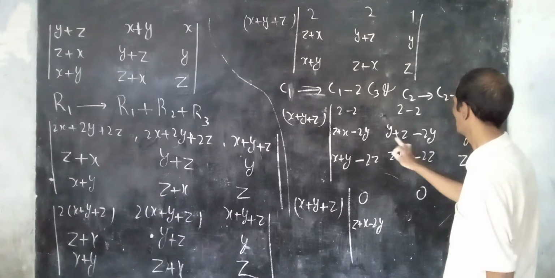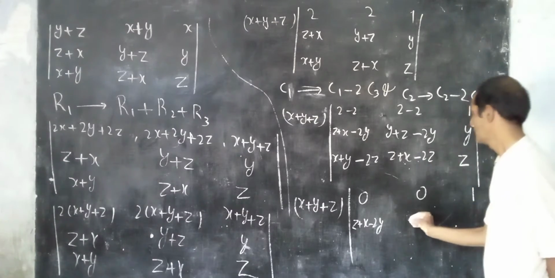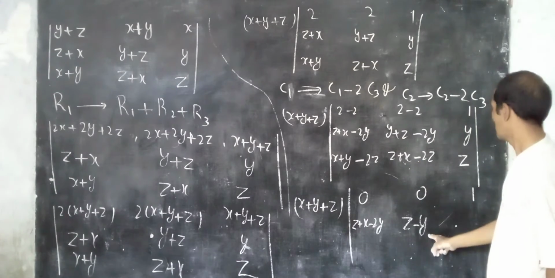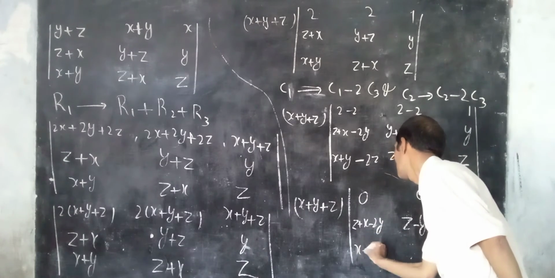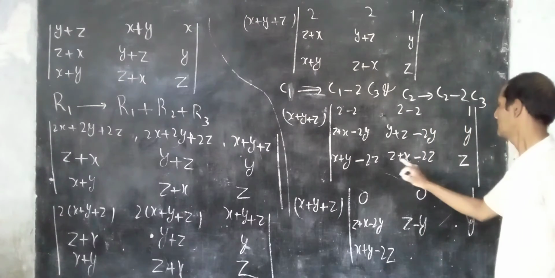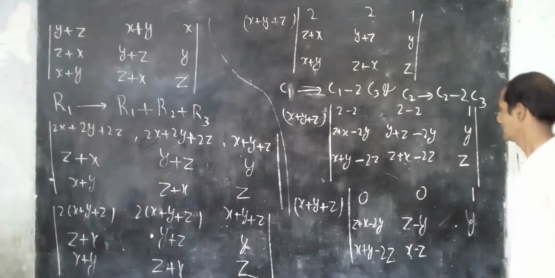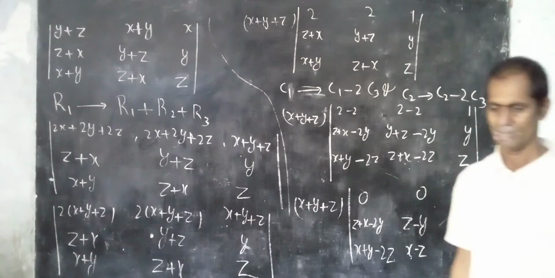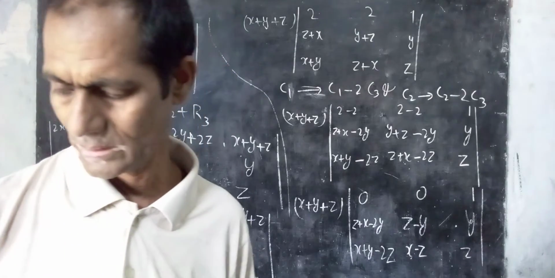So subtracted. This is plus y. This is minus 2y. So these two terms are subtracted. So you get z minus y. Then y minus 2y minus 2z, of x plus y minus 2z. Here, these two are like terms, so subtracted. They become x minus x, and this is your z. So thus we have made two 0s in the first row.